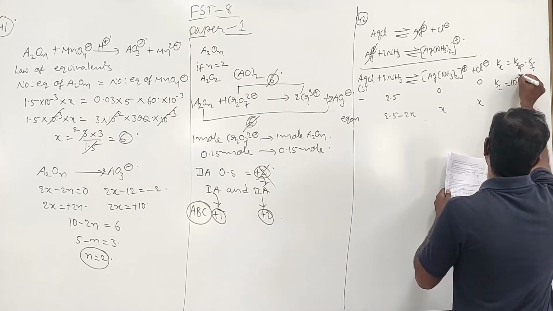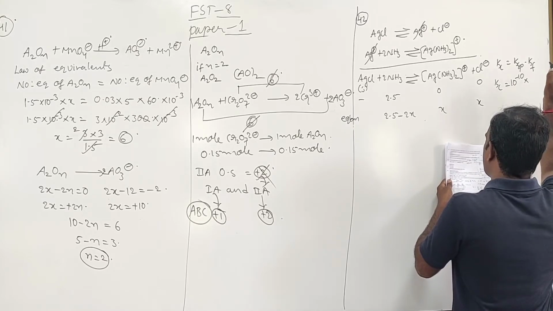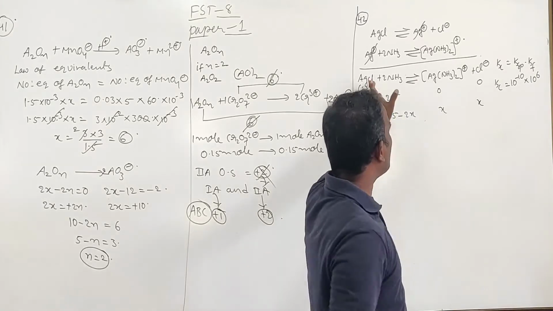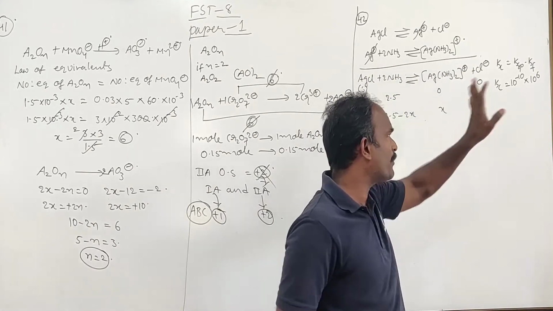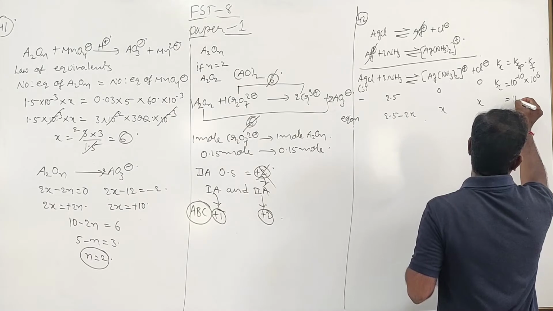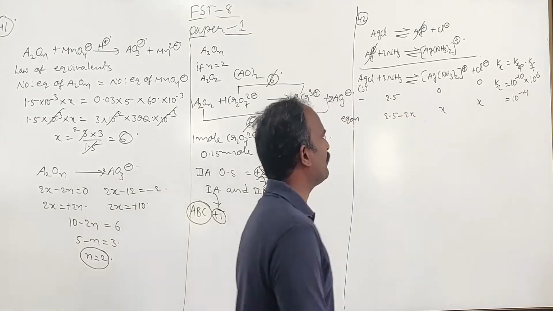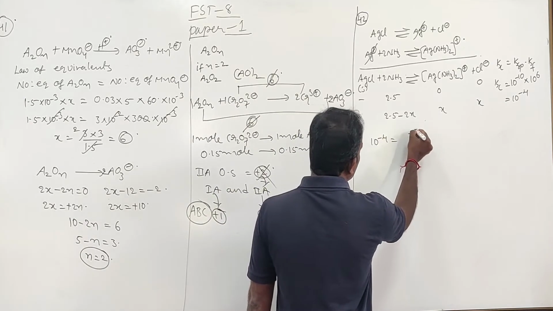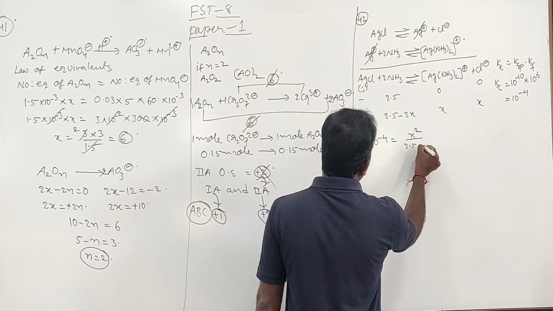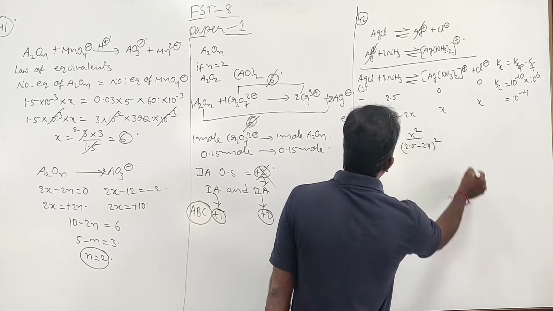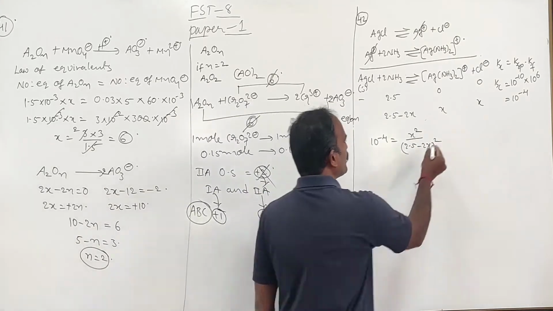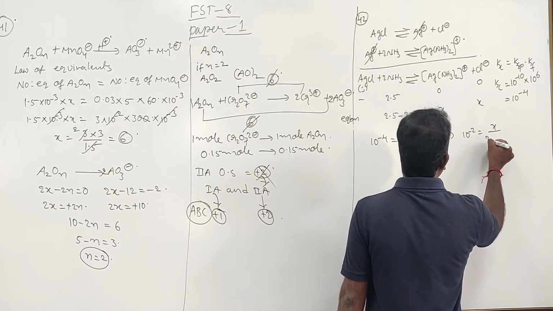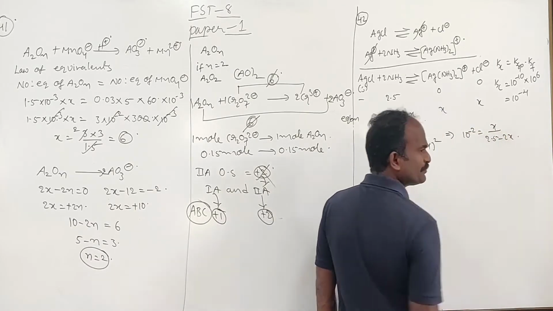10 power minus 10, and Kf is given as 10 power 6, which means a reasonably good amount of this complex is going to be formed, no doubt about it. And it will be 10 power minus 4. Kc equals 10 power minus 4. 10 power minus 4 is equal to x square divided by (2.5 minus 2x) whole square. Nothing wrong in it, which implies that 10 power minus 2 is equal to x divided by 2.5 minus 2x,